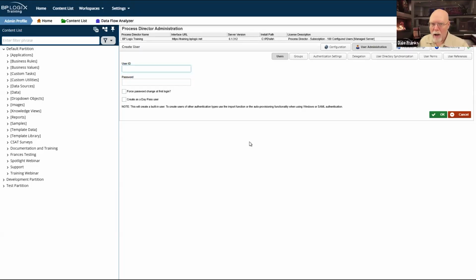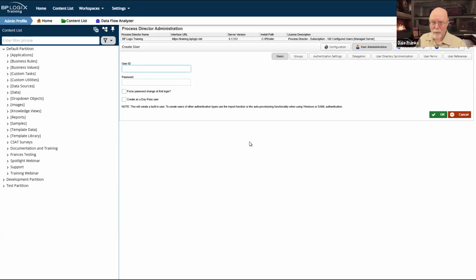Do not share administrative accounts between multiple system administrators. Now, that's a rule that we break here at BP Logix. If you're on a cloud account, there is a BPL support user. Often that support user is me, but it is also often a member of the engineering team because you have an issue that needs to be looked into, or maybe one of our implementers who are assisting you with some sort of direct assistance. Either we're building something for you or we're troubleshooting something for you. We kind of have to do that, but you should not. So do as I say, not as I do.